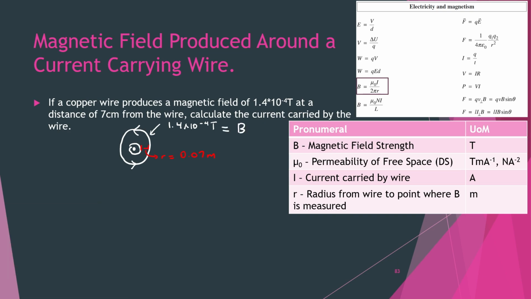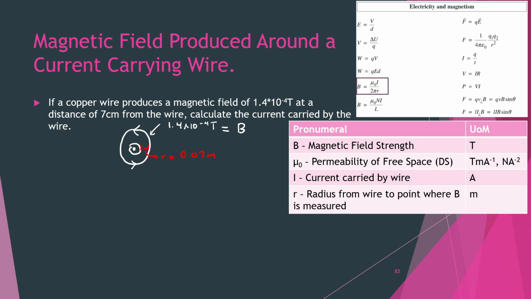So what I've drawn here is a wire which is coming out of the page. I've used my dot and cross notation to show that. I've got a dot surrounded by a circle to denote that the current is moving out of the page. And using my right-hand grip rule, I've been able to draw a circle around the wire, which displays the direction